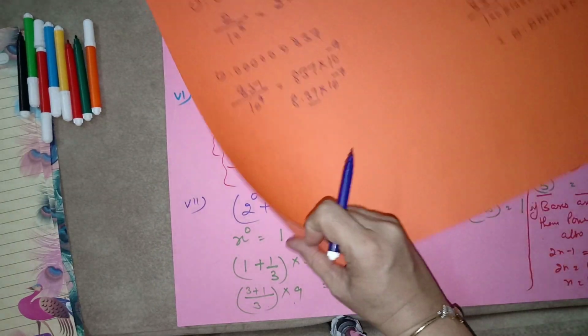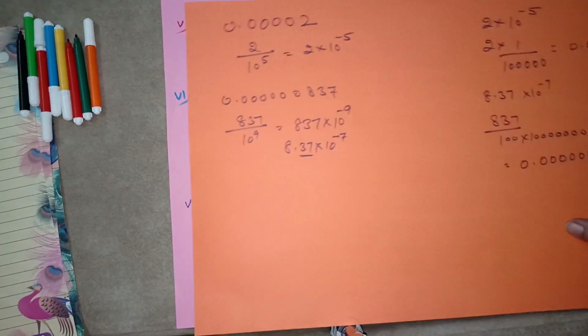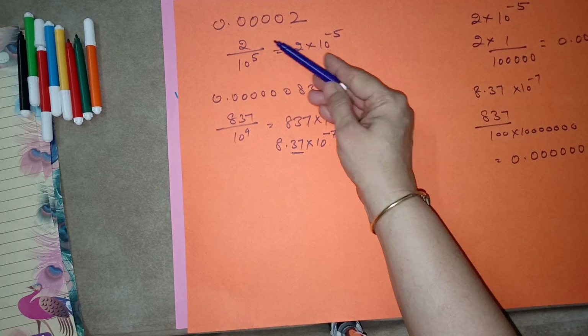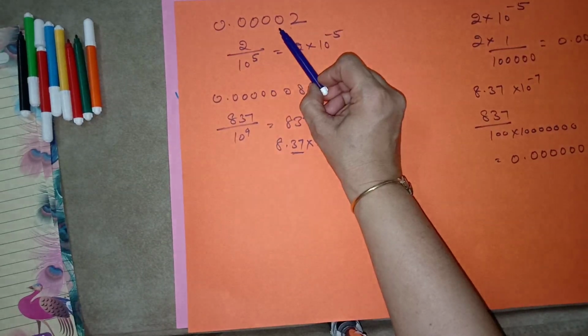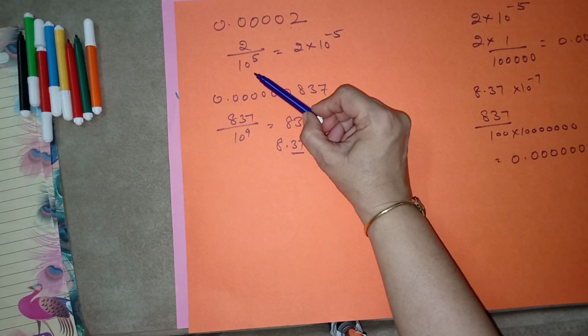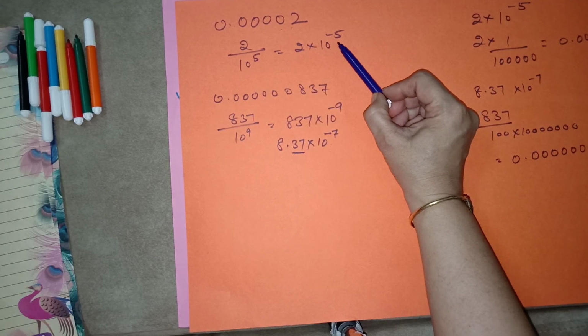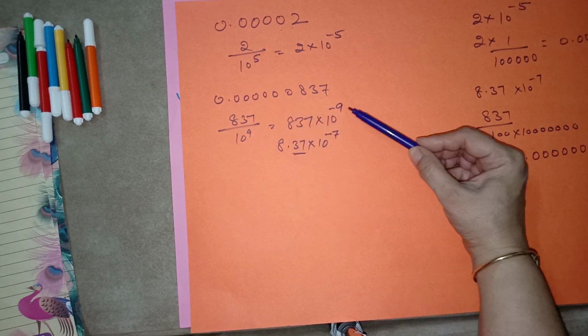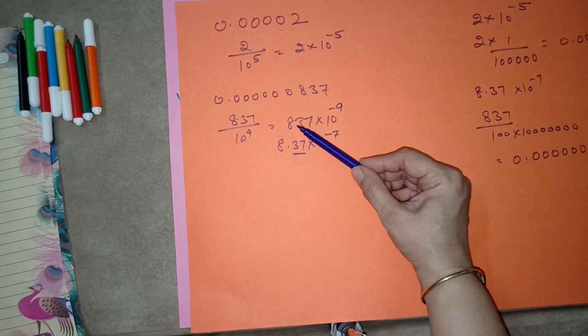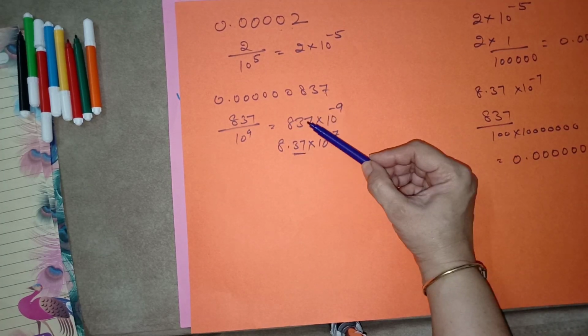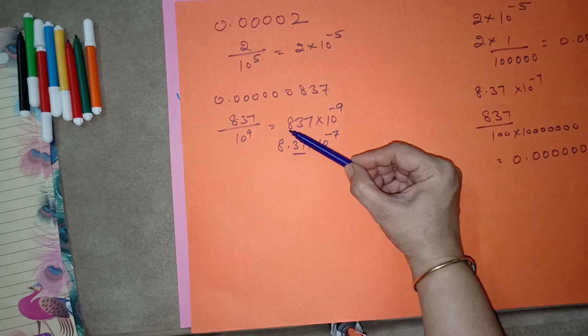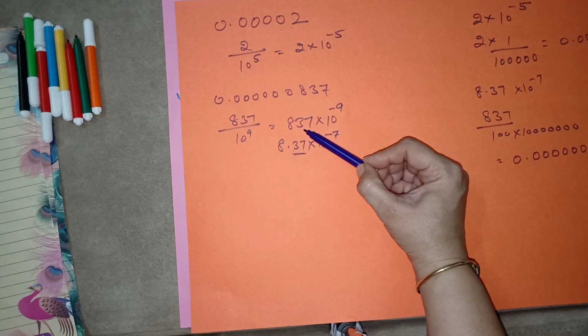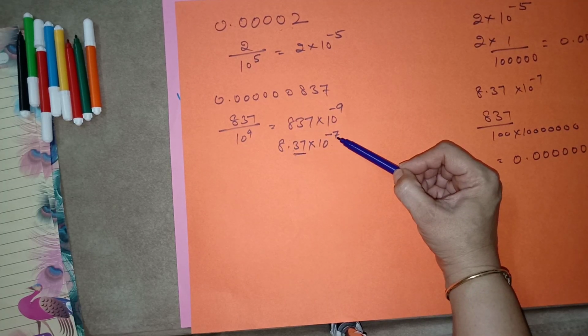And now another way, 0.002. How will you write? When it is in this form, then you remove the decimal, keep it negative, make it in the negative form. Again 10 is to power 9, it will be minus 9. But I want to keep decimal here because what is the standard form? Before decimal only one digit should be there. Then 2 are here, then you have to subtract 2 from there.